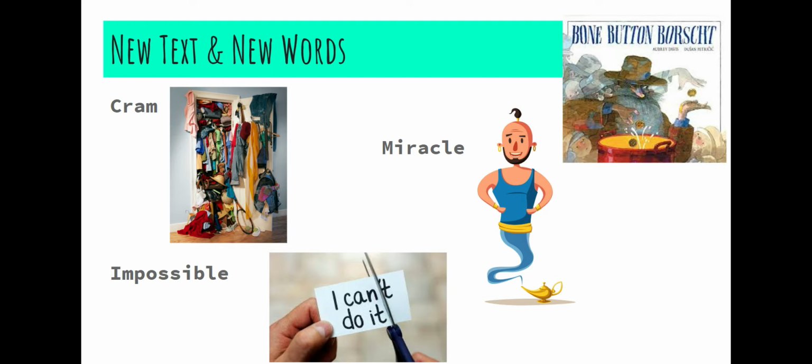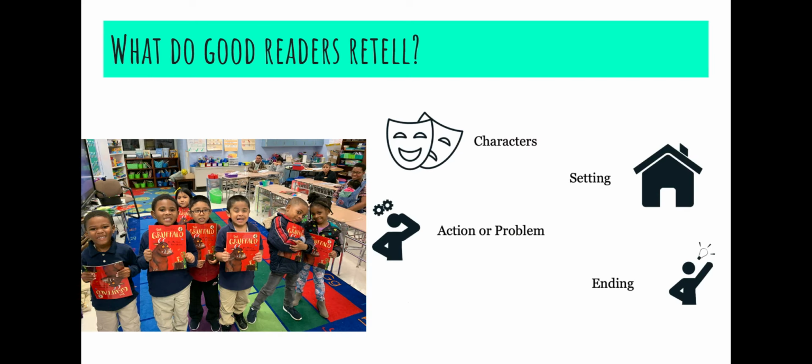Another important word is miracle. A miracle is something unbelievable that happened. It doesn't seem like it's real, but it surprisingly happens. Miracles can happen in a lot of different ways, and people often like to use the expression that it's a miracle. The last word is impossible. That means there's no way you could do something. It is not possible at all. The word impossible is important in this story.